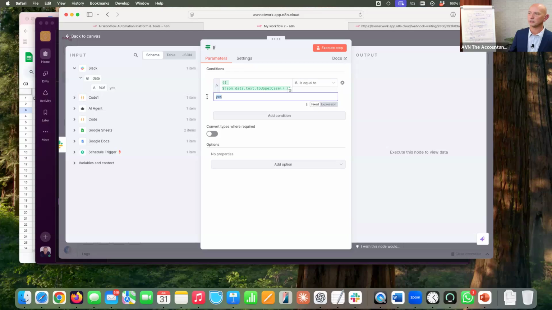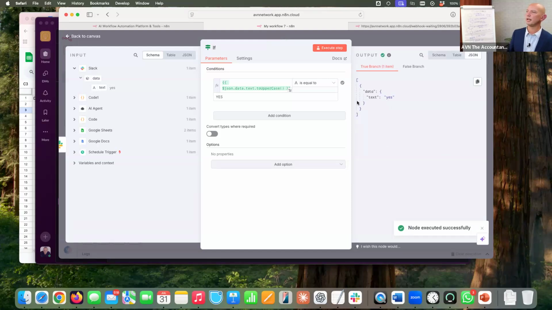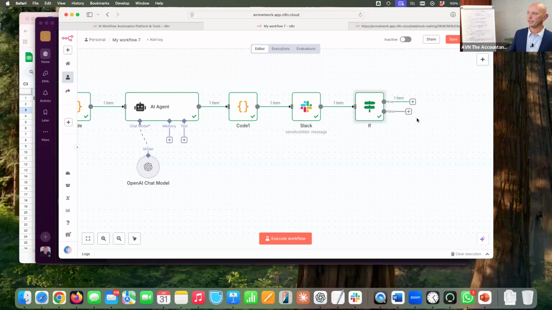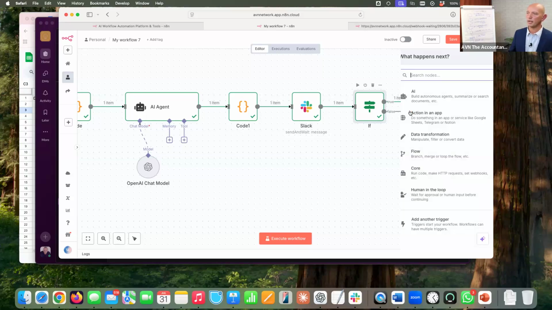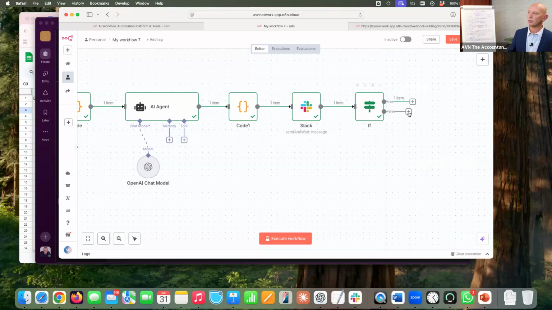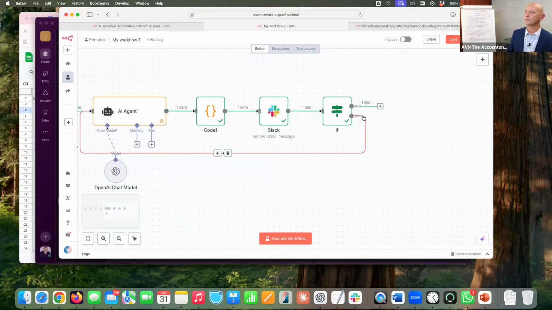And then on here, I can just say, if it's equal to yes in capitals, then I'm not messing about with case sensitivity. All right, so I can see now that it's in the true branch, and if I'd put no, it would be in the false branch. What does that mean? Well, we've got yes and no. For now, all I'm going to do is drag this false and say, right, if it's not happy, just do it again from scratch. As I say, we could put some tweaks in there.